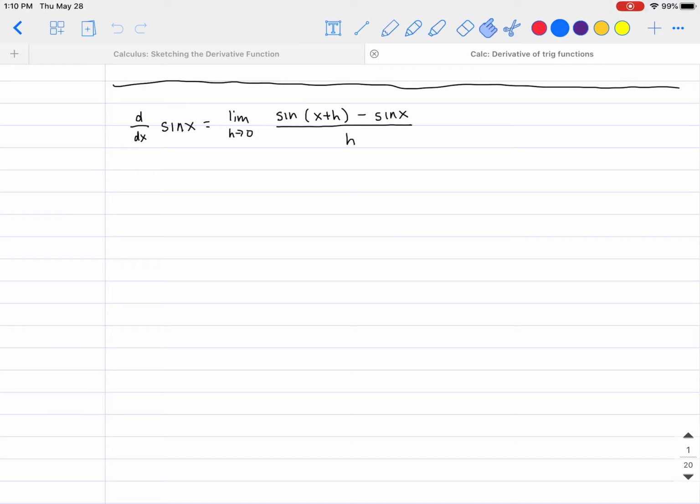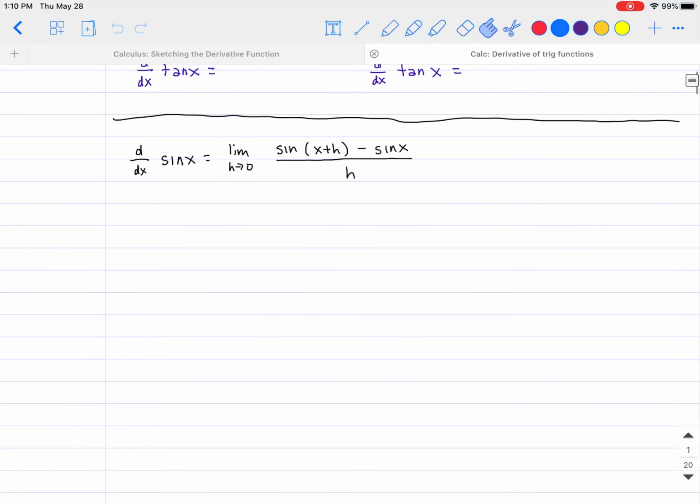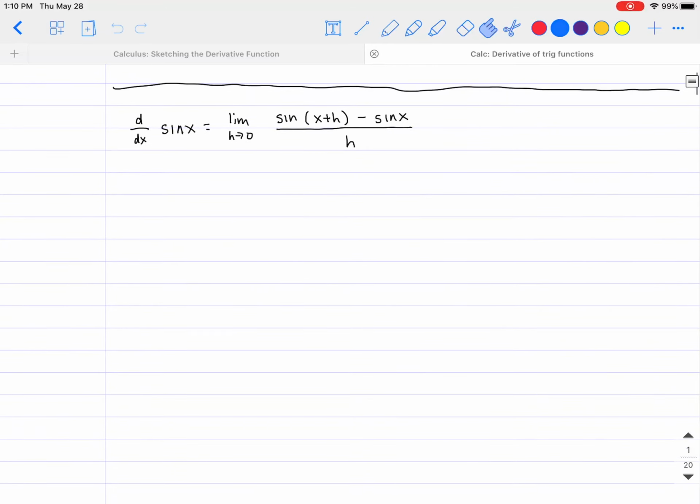Now, we're not going to be doing this every single time. We're just going to be doing this for probably just the sine and the cosine function. And then from there, the other 4 will be actually fairly easy. So to begin with, let's start by saying that the derivative of sine of x is the following: limit as h approaches 0 of sine of x plus h minus sine of x all divided